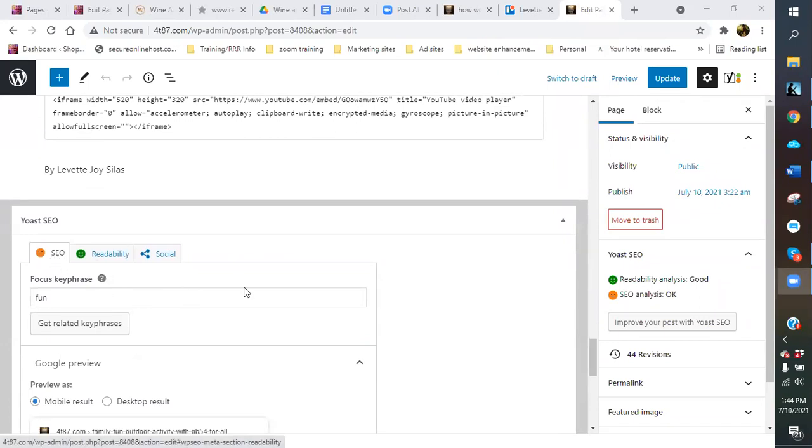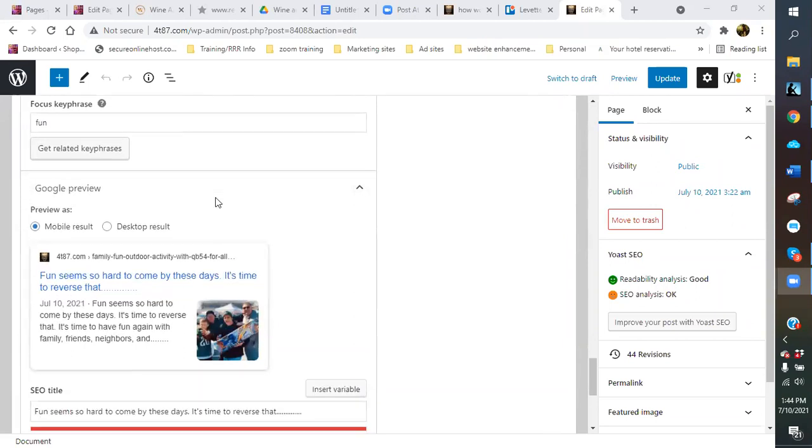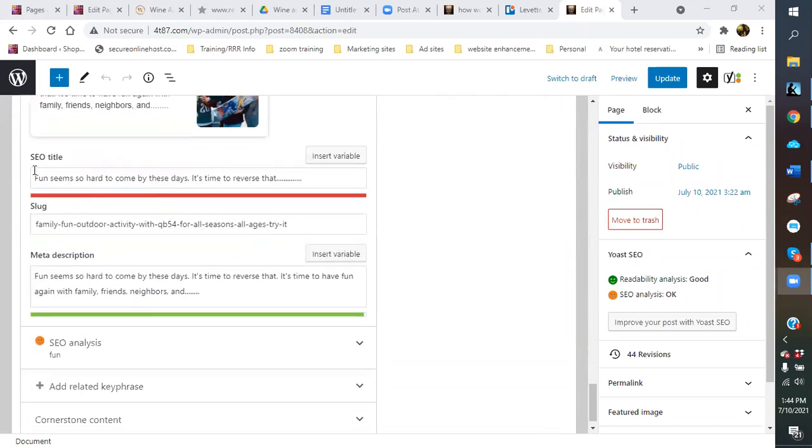Your focus key phrase is fun. Your SEO title is red. Okay, it wasn't that way before when I did it. Honestly, that's why I always say go back and double check.